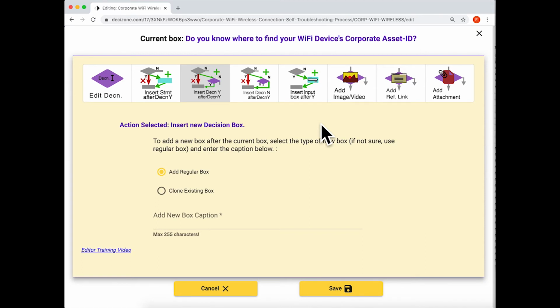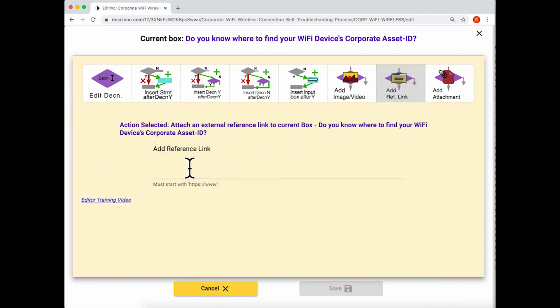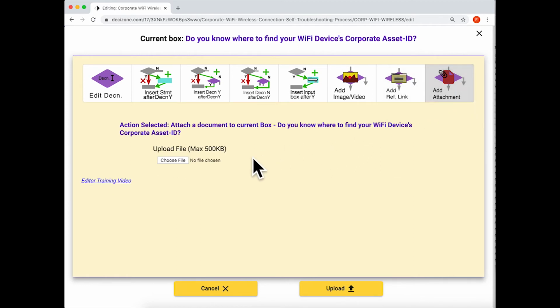Decision gives you several ways to add more context to each box. The editor has features that allow you to add either an image or a video to your current box, or attach an external reference URL link for your current box, or even attach a file to your current box. These features allow you to share only the right amount of information based on the viewer's choices so far in